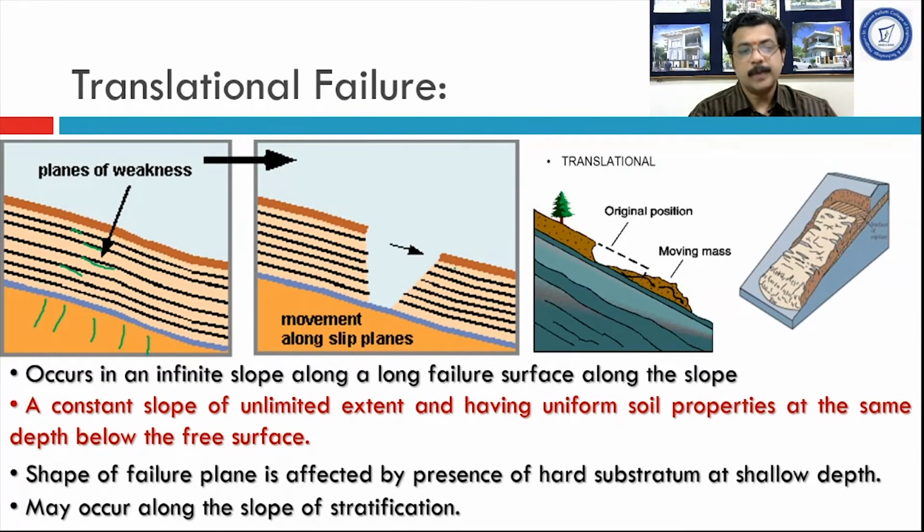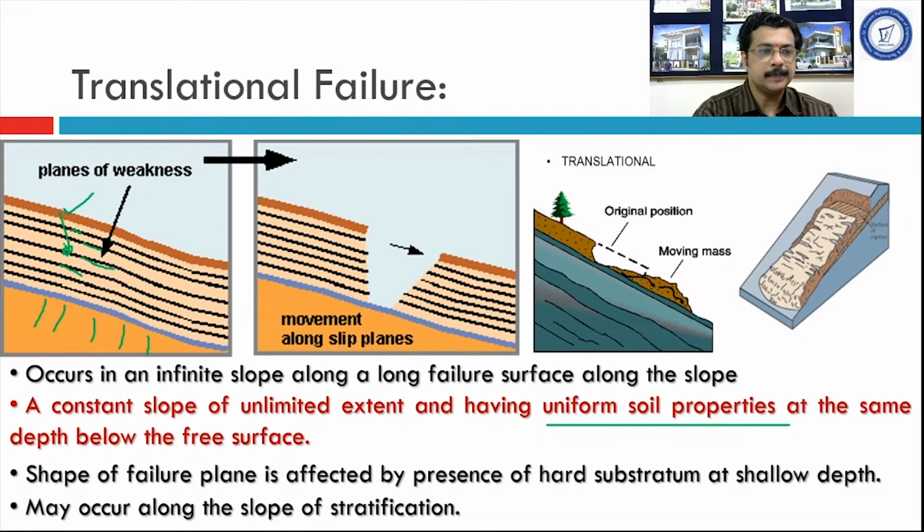A constant slope of unlimited extent having uniform soil properties. Okay, so uniform soil properties at the same depth below the free surface. What does this mean? Now consider diagram 1. Here this is a ground surface. And if you consider a point here,